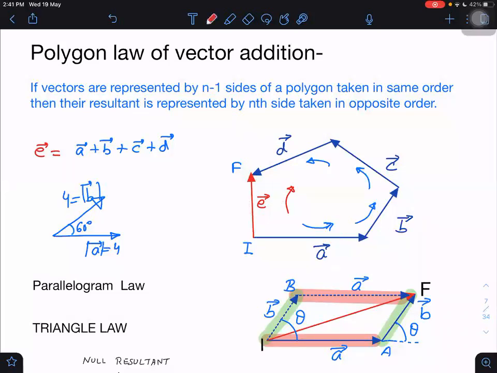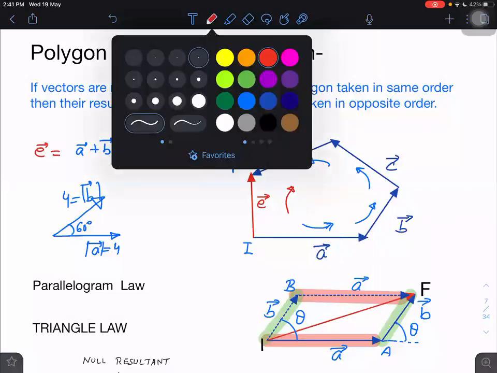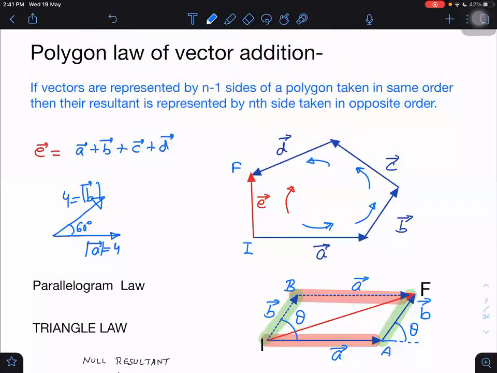Sir, I am asking about the angle between two vectors, sir. The angle between two vectors also, they will specify. Without these, we cannot get the answer. They should specify the angle. If I give you the angles, then we can always resolve into components.